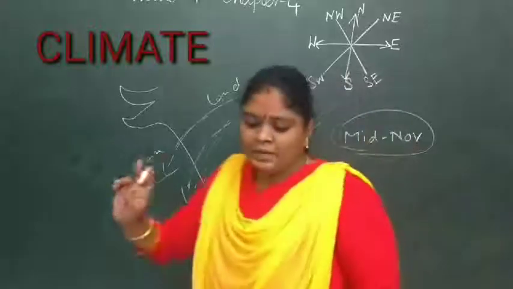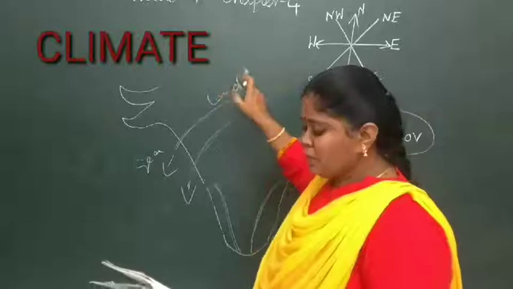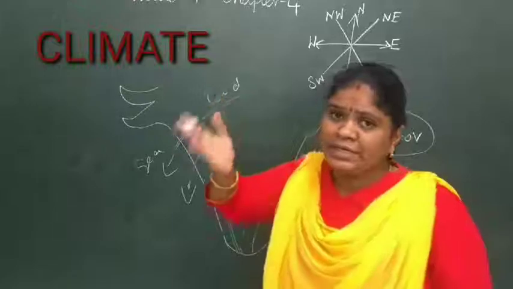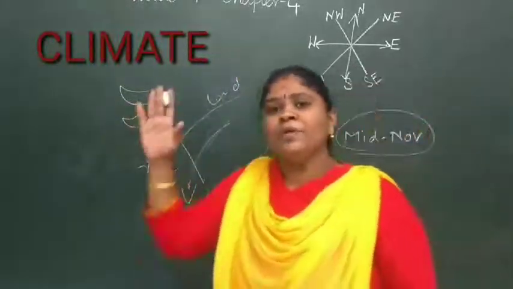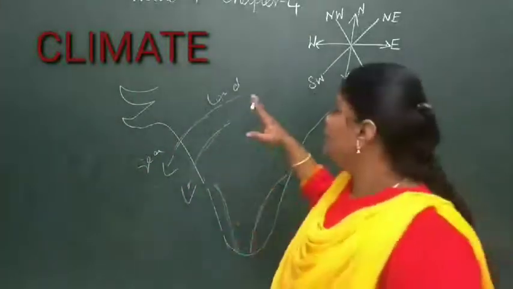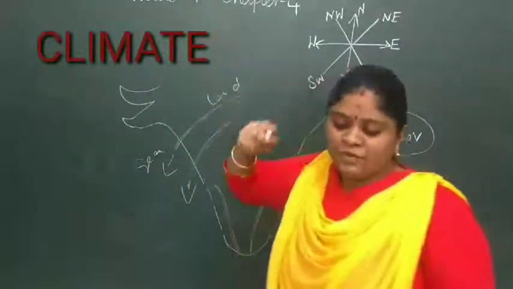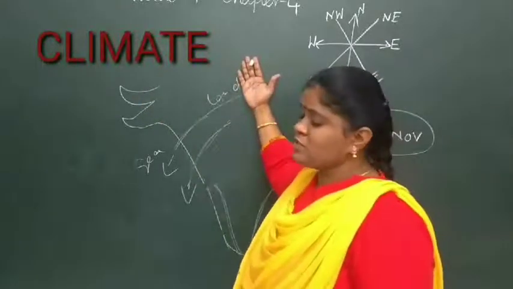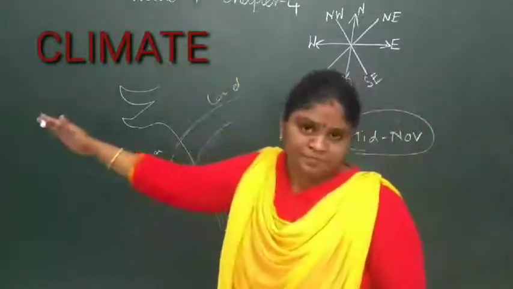Then again, in the northern part of India, high pressure is created because it is a land area and it will get heated soon. So high pressure is created. What happens? Air from low pressure to high pressure will start traveling, yes or no? The air starts moving from the low pressure towards the high pressure. So with the light wind moving, when it is heated, an outward movement will happen and it will start moving.